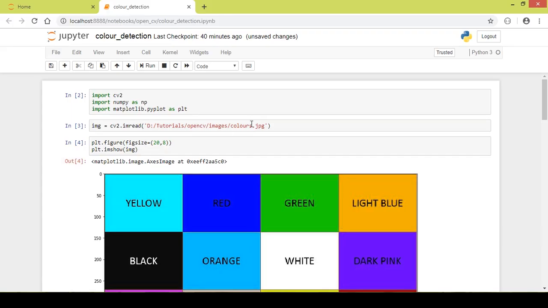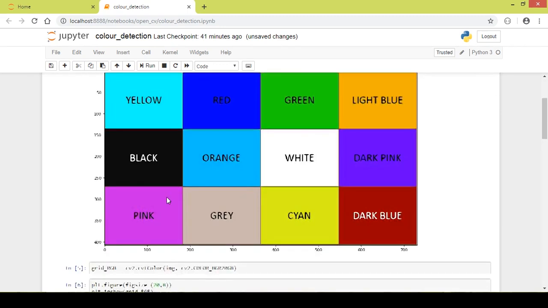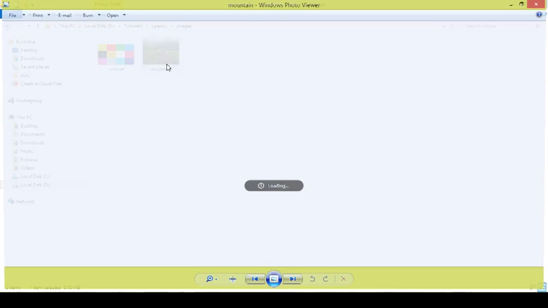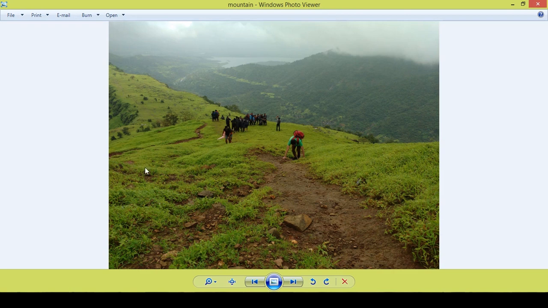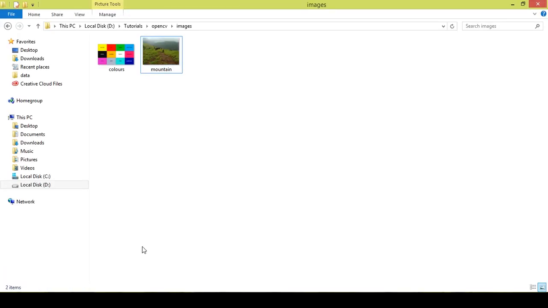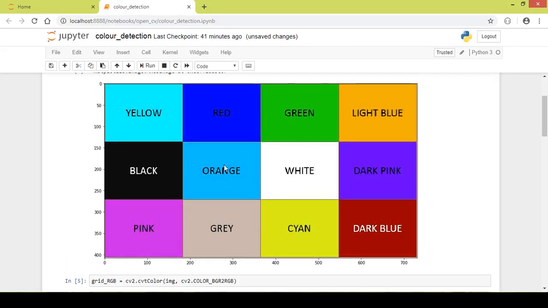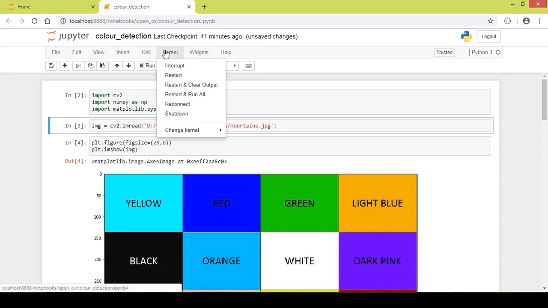Instead of colors, I will rename it with mountain, because that is the image we are now trying to work with, and we will try to detect the green grass of this particular image. This is the green grass, so I will have to mention the HSV values in the range of this particular green color. I will clear the output